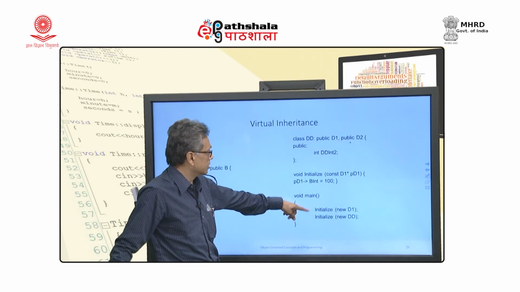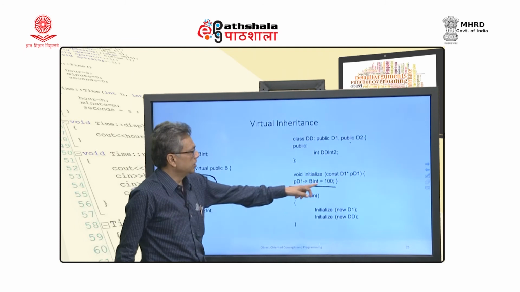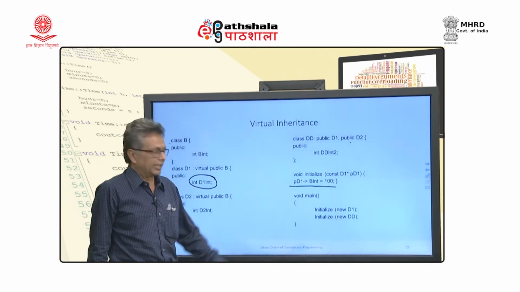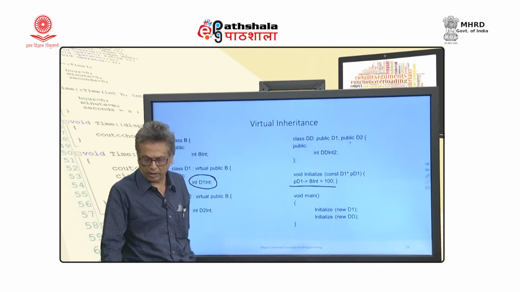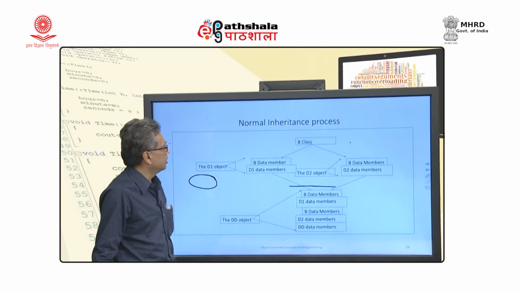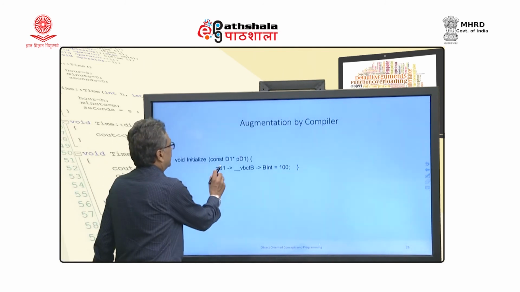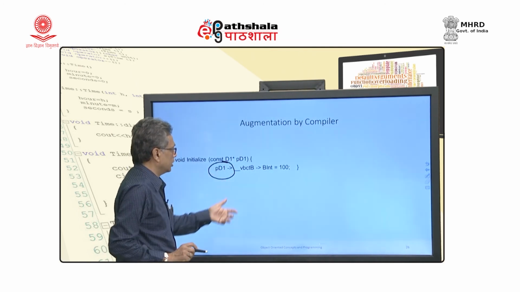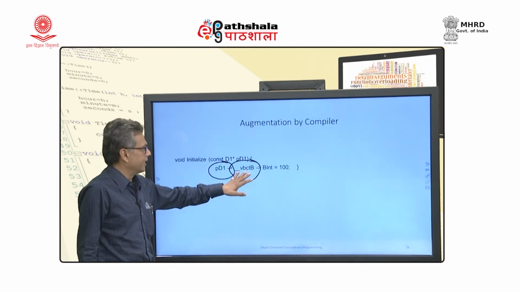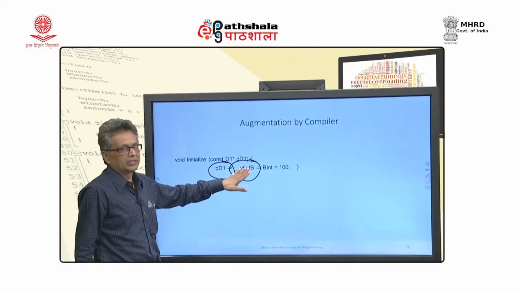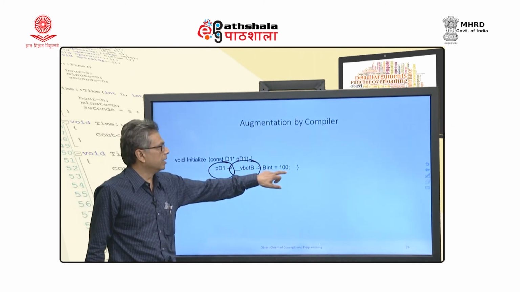Okay. So, how will I manage this? Initializing, basically I want to initialize b int with value 100. Now, this actually is very complex. I am not talking about how this is implemented, but usually the solution is this. The solution is that I just say that PD1 points to something called a virtual base table, which tells me exactly where b int is, and then I assign it.